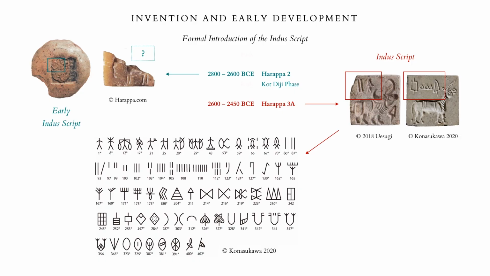This progression also mirrors parallel developments in sealing practices, which became increasingly formalized and integrated into administrative procedures. Although introduced around 2800 BC, as proved by the discovery of a single, unfortunately broken seal at Harappa, the typical Indus seals with an inscription in Indus script above a standing male animal were already in use throughout the greater Indus Valley by at least 2600 BC.